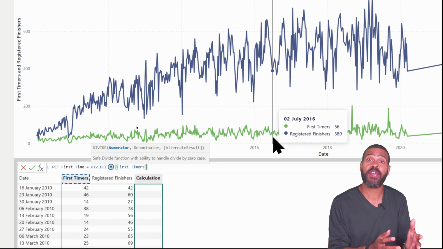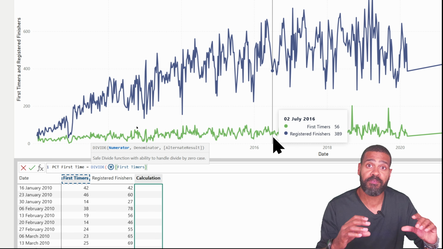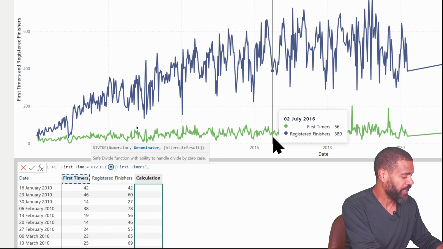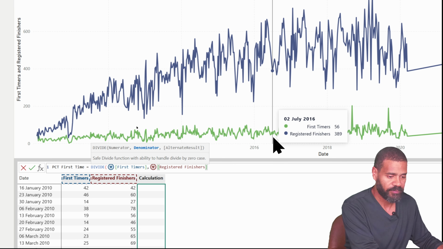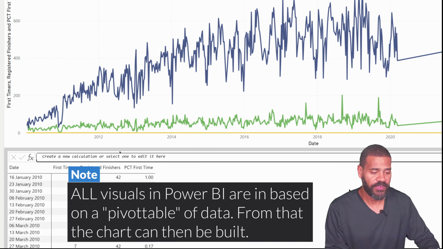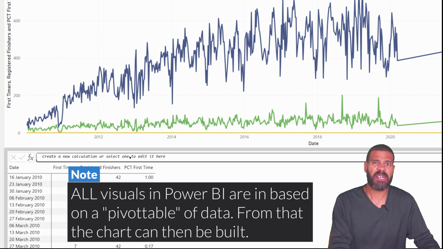and you see it's recognized that I'm using a column, and it only gave me the option of using columns that are involved in this visual. So first timers by registered finishers. And then I'll say what we want is a 0, and we're going to close the brackets there. Hit enter. So we've now got a number there for it,